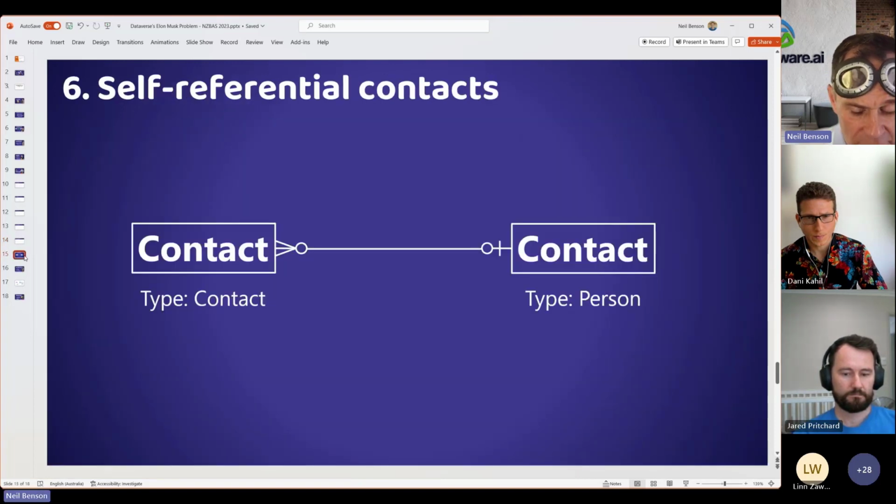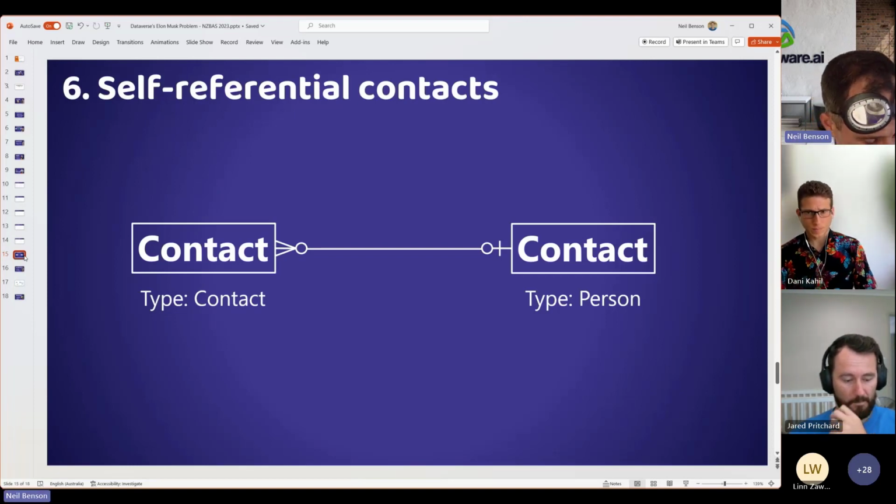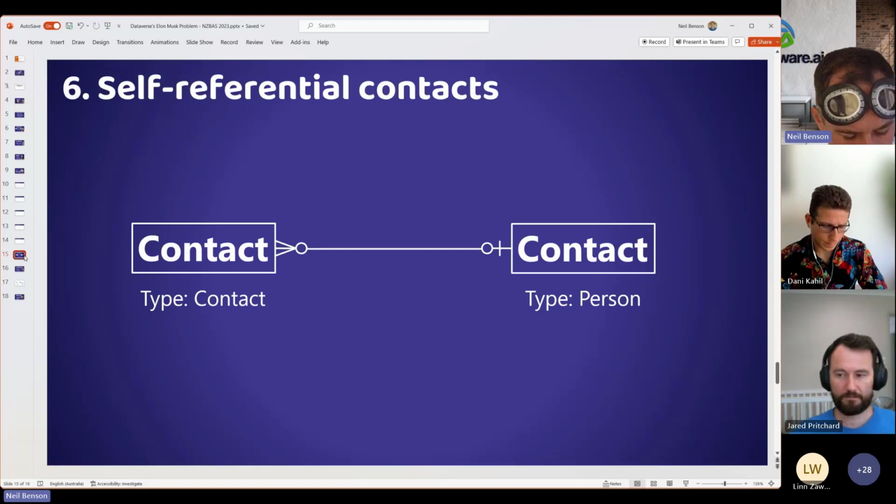The last one I didn't do a screenshot of. I didn't actually set up a demo of. It's this idea of self-referential contacts, where you have a contact record being a parent for other contact records, where you have types like person and contacts. Leon and I worked at the same organization whenever Microsoft Consulting Services deployed Dynamics 365 for Sales, and this was the model that they used. I think the parental one was called Contact, and the subsidiary was called a client contact, and it got really confusing really quickly.